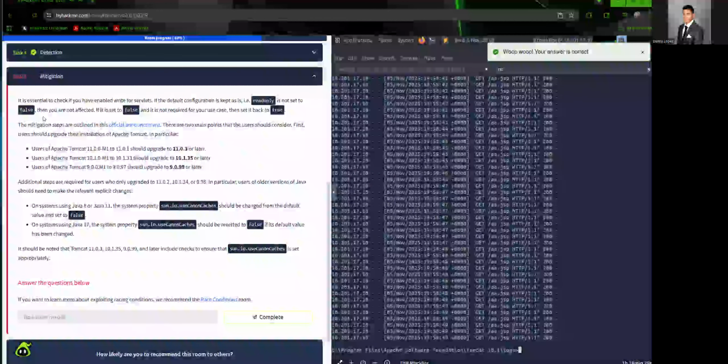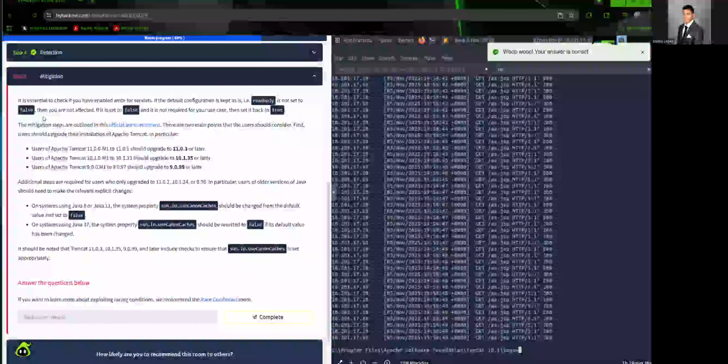It is essential to check if you have enabled write for the servlets. If the default configuration is kept as is, read-only is not set to false, then you are not affected. If it is set to false, then it is required for your use case to then be set back to true. Okay.